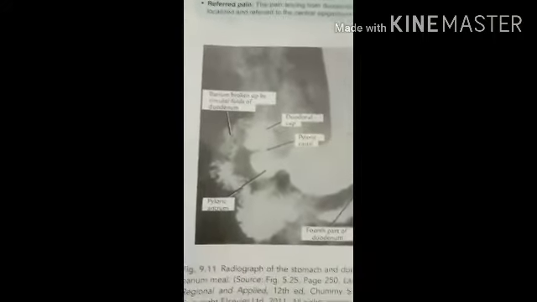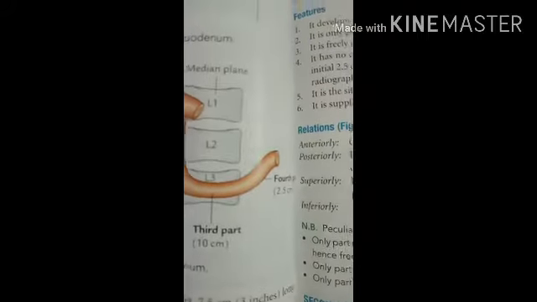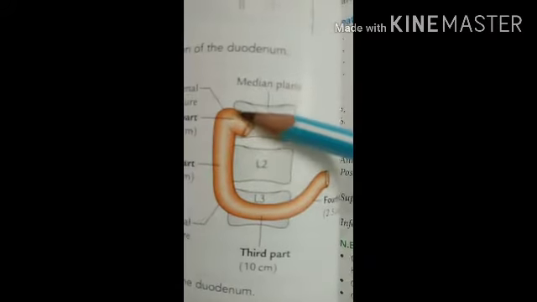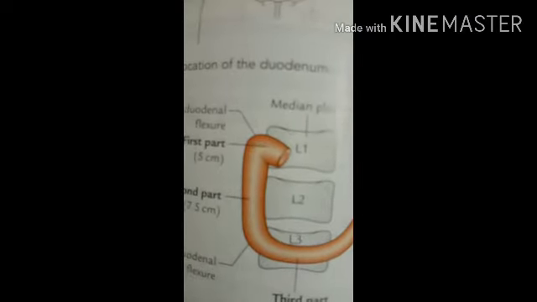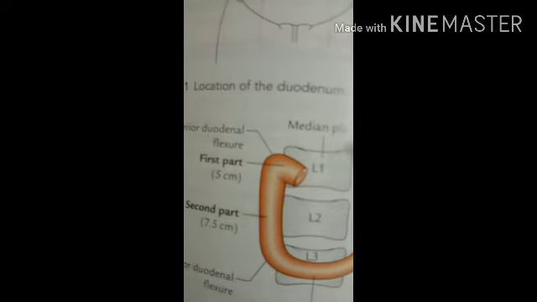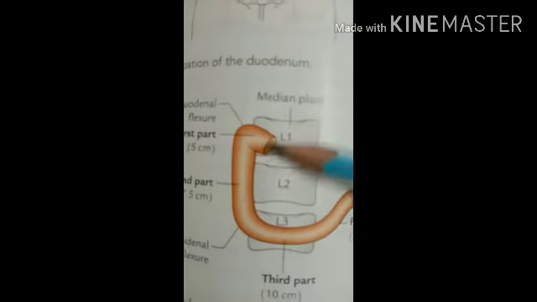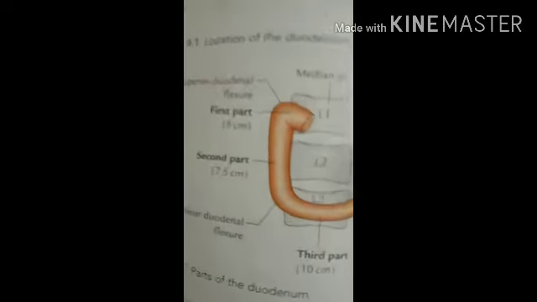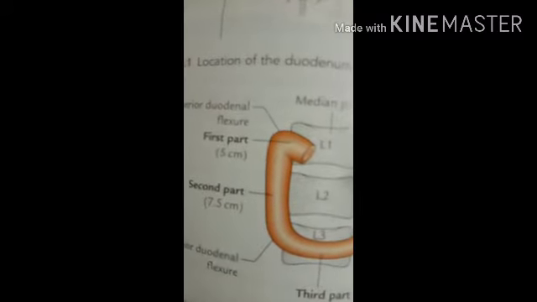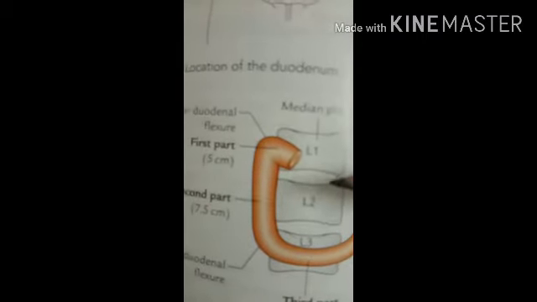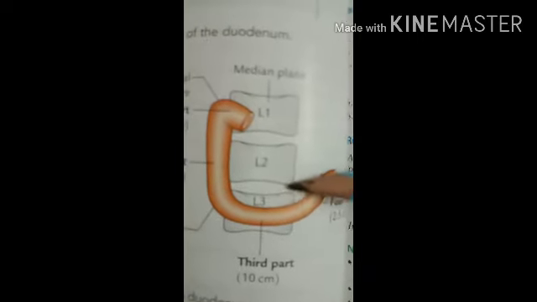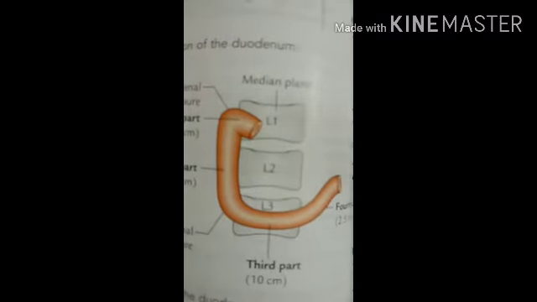Okay. Then the next point related to the duodenum: the first part of the duodenum, this one, is overlapped by the liver and the gallbladder, either of which may be adherent to or even ulcerated by the duodenal ulcer. Okay. Then the duodenal diverticulum. Okay. These occur fairly frequently, and they are seen on the concave border where arteries enter the duodenal wall.